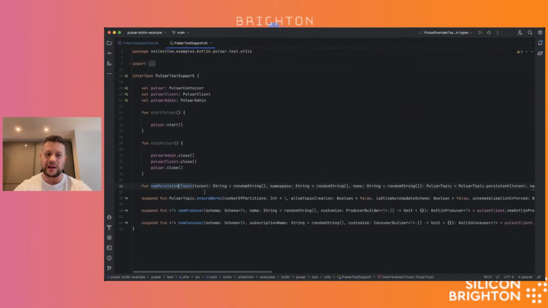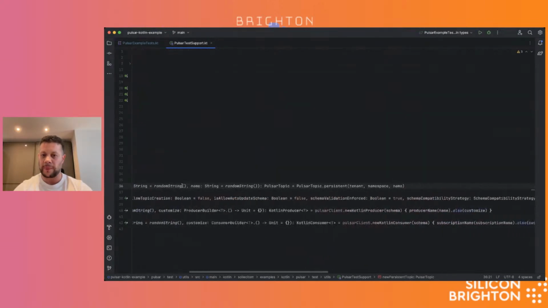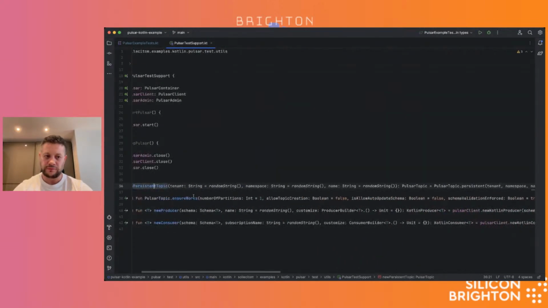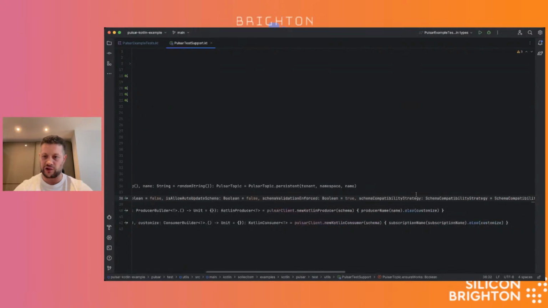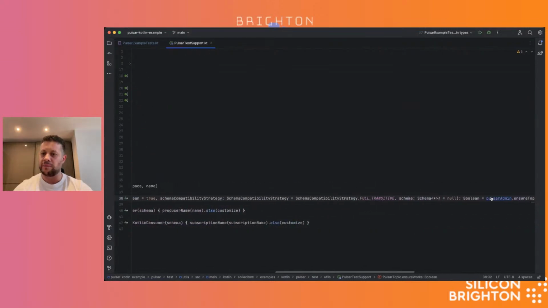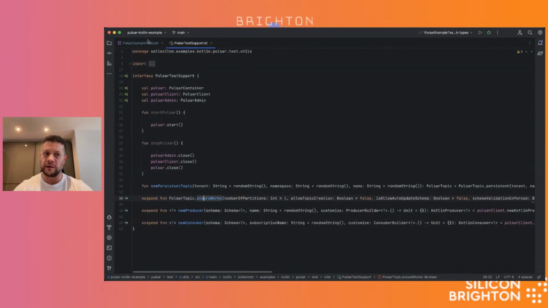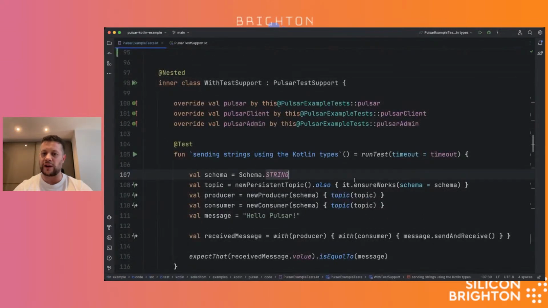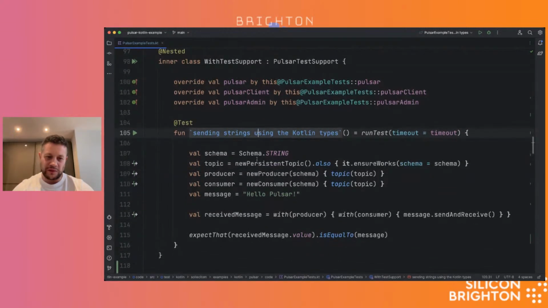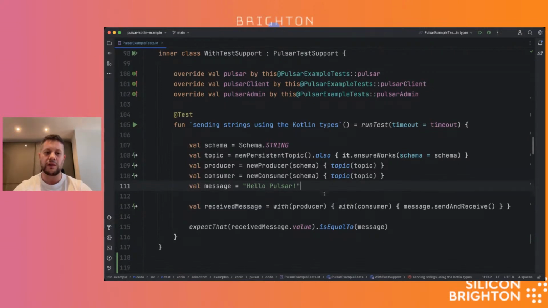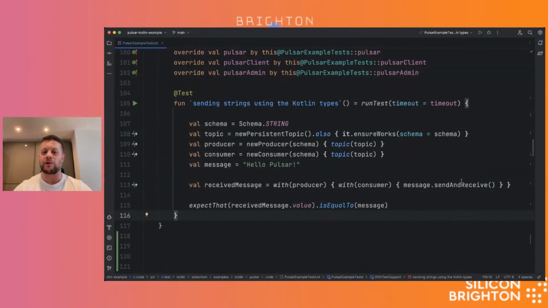And so here, when I say new persistent topic, or ensure it works, I can actually access the Pulsar admin client directly, which basically means that I don't need to refer to it here, okay? I'm not necessarily too much of a fan of this approach because it's very concise, but it's also not necessarily clear what's going on too much. But I wanted to show what is possible.